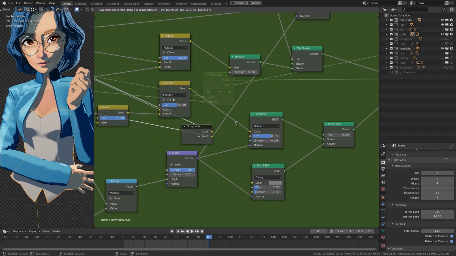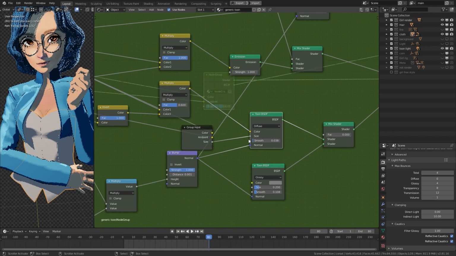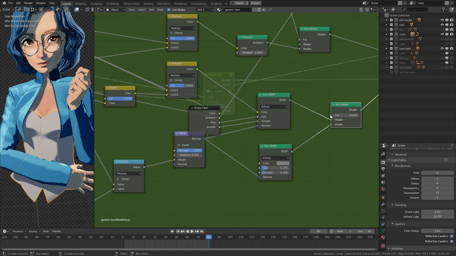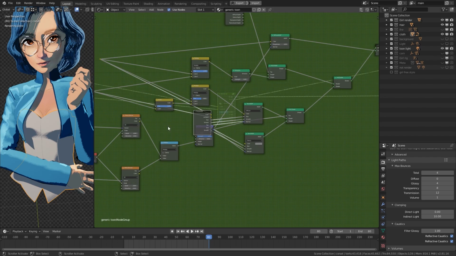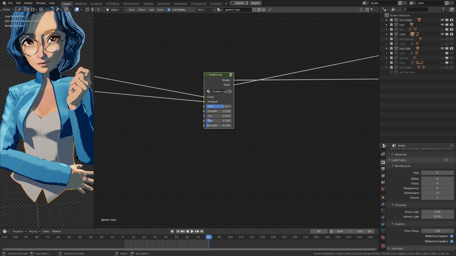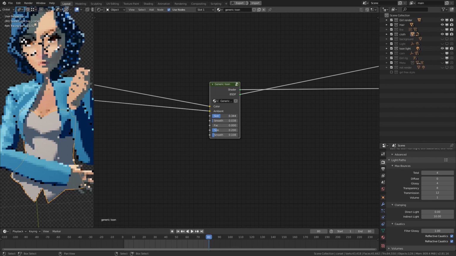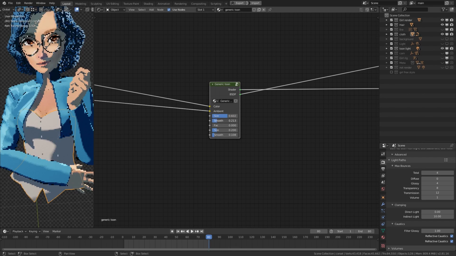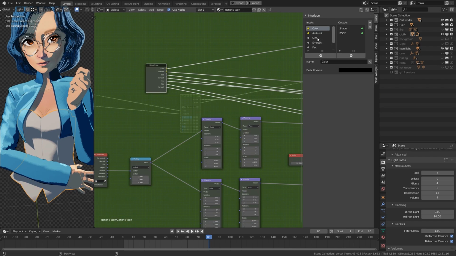And let's see, we have size, we have smoothness, and we have the specularity, we have another size, another smoothness, and yeah, that's it. Alright, hit tab to go out and name this one generic Toon Shader. There we go. So now we can change the size, we can change the smoothness, and we can increase the glossiness. And let's rename this to